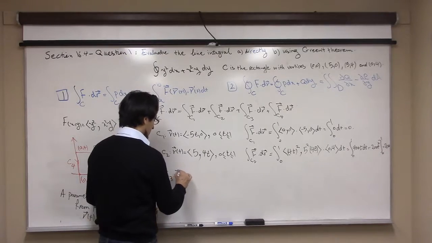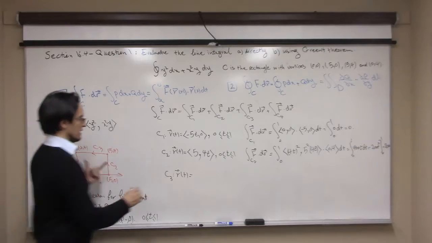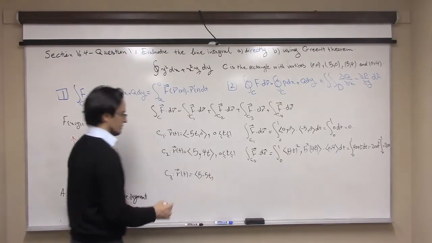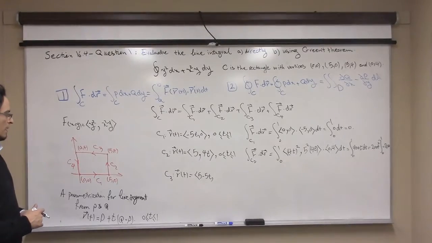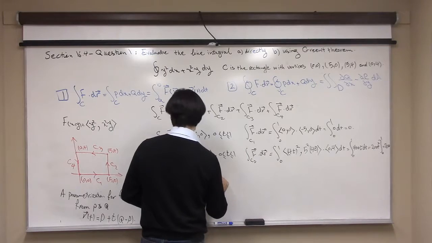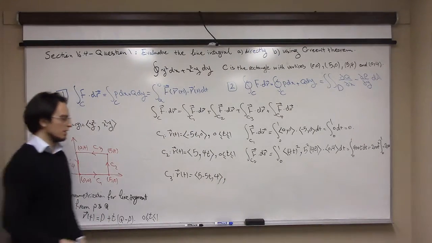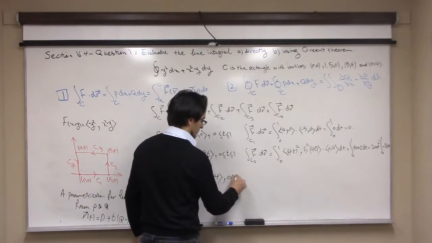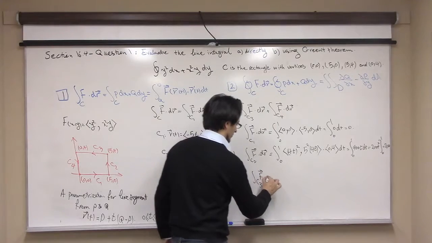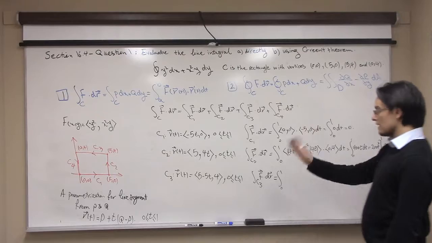C3, on the other hand, the parameterization is 5 minus 5t. So if I plug in 0, I get 5, and then for 1 I get that, and y is this. So I'm using this parameterization. Okay? Then you go from 0 to 1, integral over C3 of f dr is going to be, write everything in your